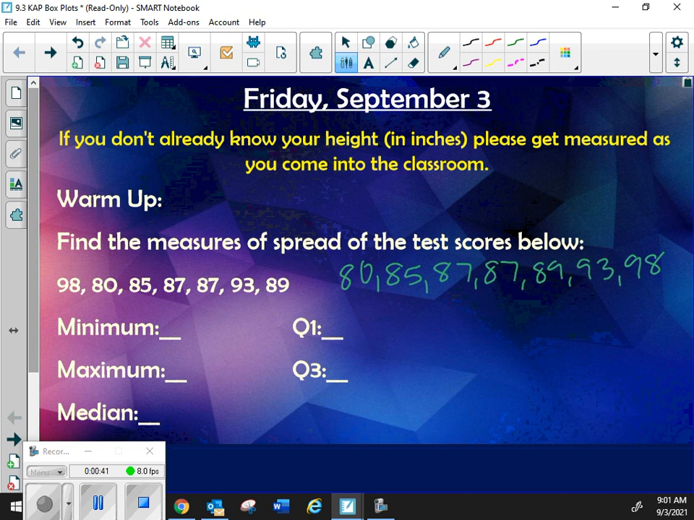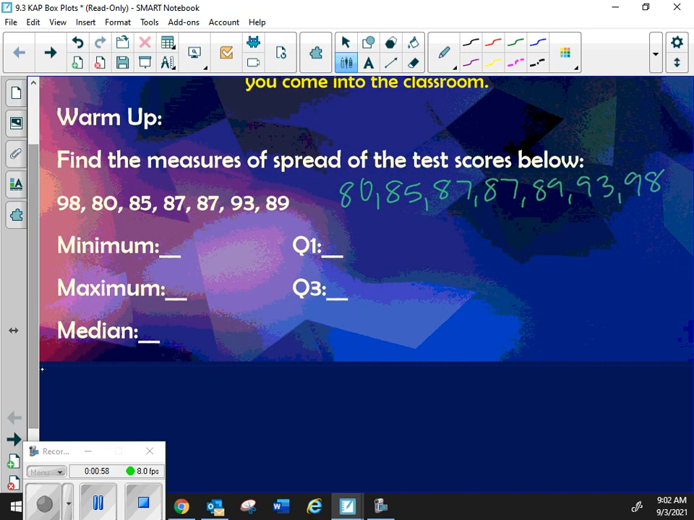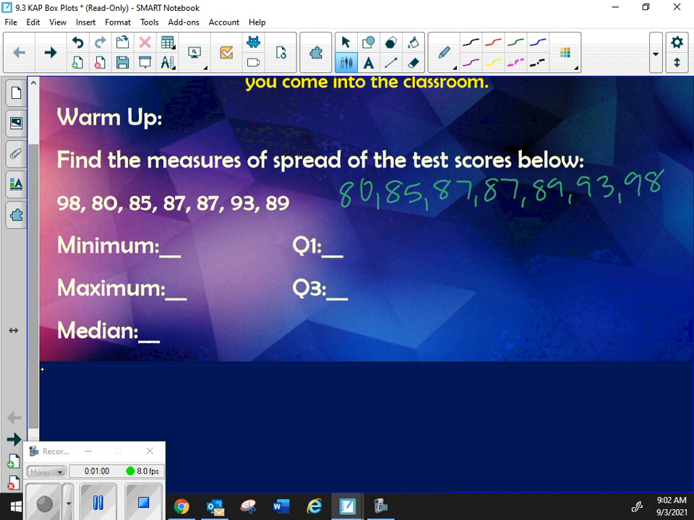A few of y'all on your test yesterday forgot a number and then it got your wrong column. 1, 2, 3, 4, 5, 6, 7. Awesome. Okay, so then we need to find these 5 values, which we've sort of talked about already. My minimum value is what, Marcella? My smallest value, 80. Very good. My largest value, Carolyn, is